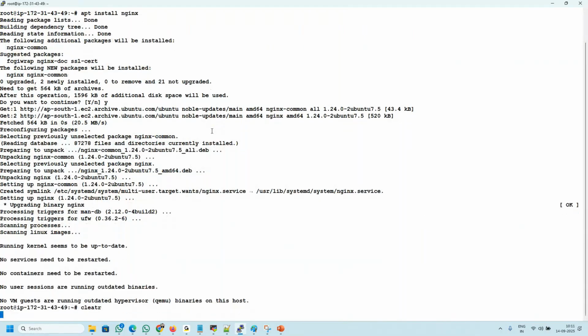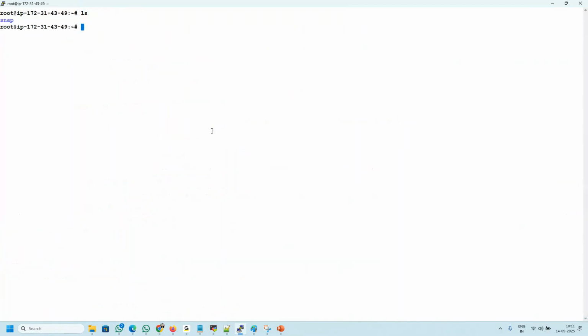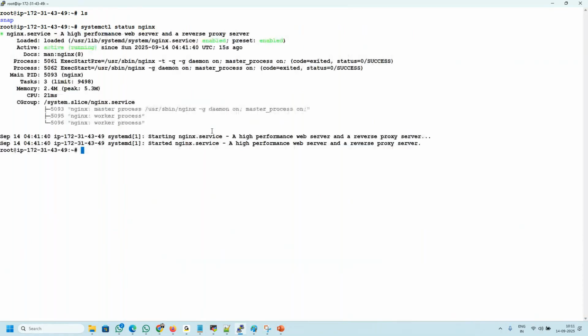Done. Now Nginx is installed, and we can check with systemctl status. This is installed at the system level. See, Nginx is running also. In Ubuntu it runs. If you want to stop it,